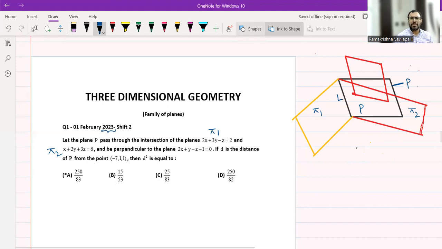And perpendicular to 2x plus y minus z plus 1 equal to 0. So assume this is plane 3. This P must be perpendicular to plane 3. So pi 3 and P are perpendicular. Now we want to find D, the distance of P from this point. Then what is D square? So now what is the plane? Plane P is,